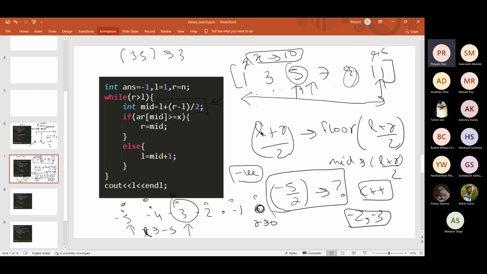Unfortunately, whenever you do minus 5 by 2, C++ will give you minus 2, right? Which is not correct. Not correct would be an understatement. This will give you an infinite loop, right? Which is obviously not something that we want. So